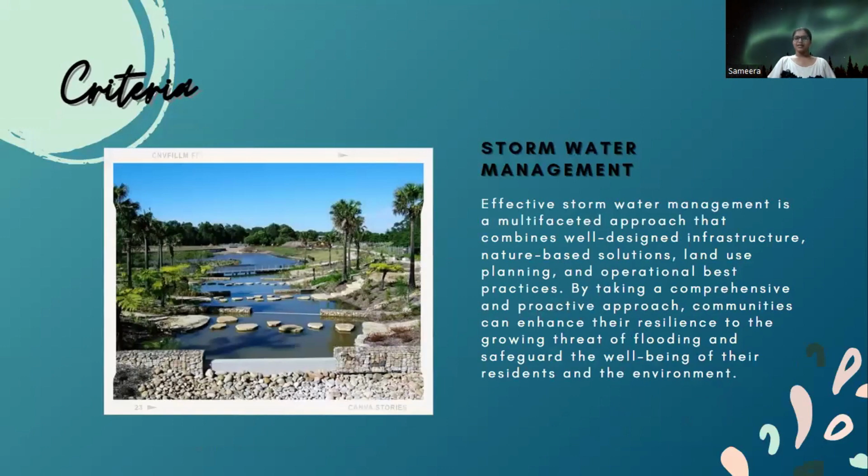Stormwater management. Effective stormwater management is a multifaceted approach that combines well-designed infrastructure, nature-based solutions